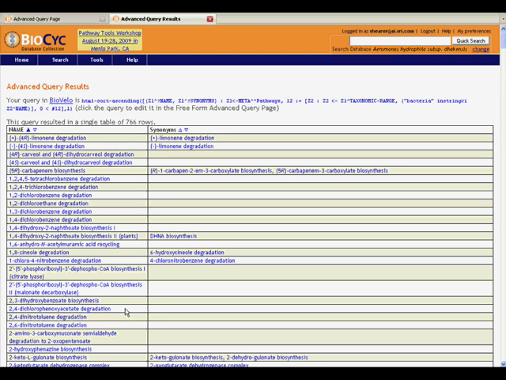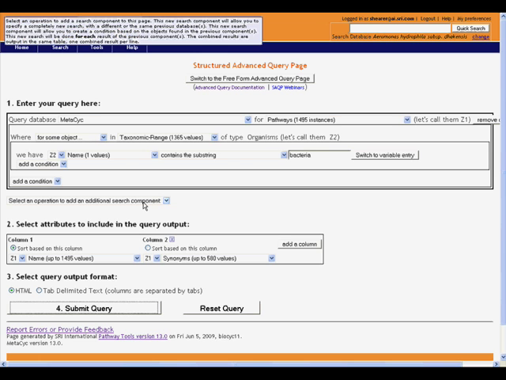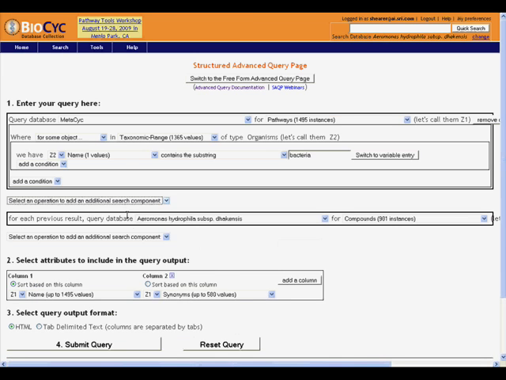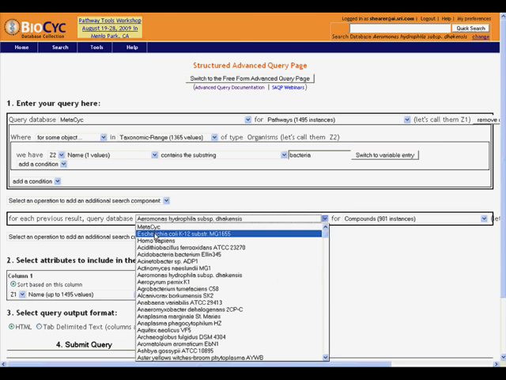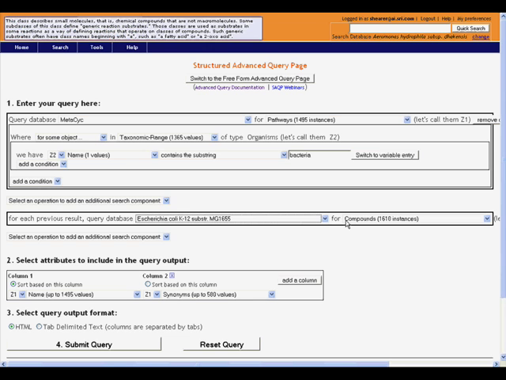Now what if we want to take these results and use them to ask a question about a different database in Biopsych? We can do that too. Back on the original query page, we're going to need to add an additional search component, which we do here. And we pick E. coli, say. Now again, reading like a sentence. So we've looked in Metapsych for pathways where the taxonomic range contained bacteria, and now we're going to take that list of pathways that met those conditions and look in E. coli for